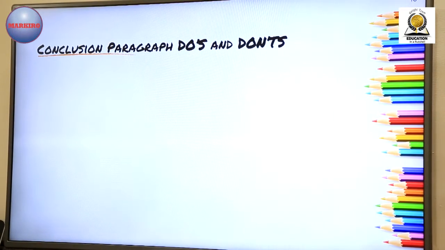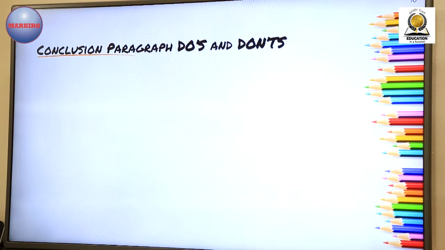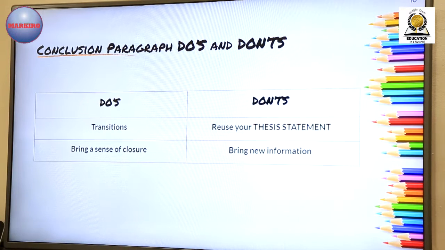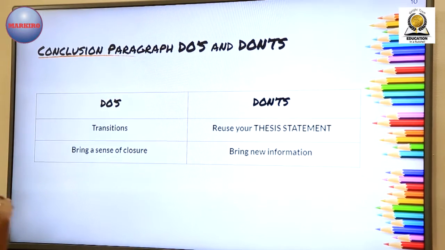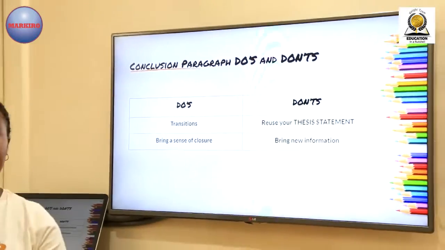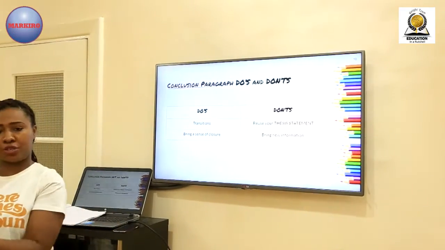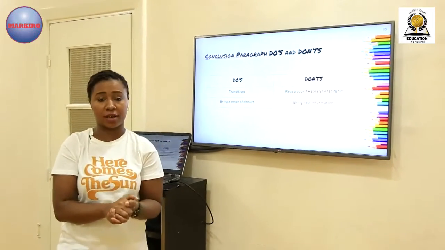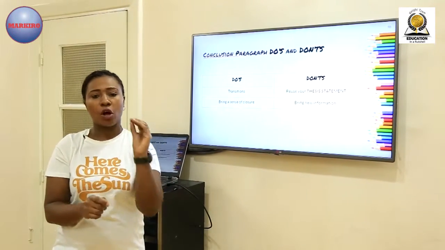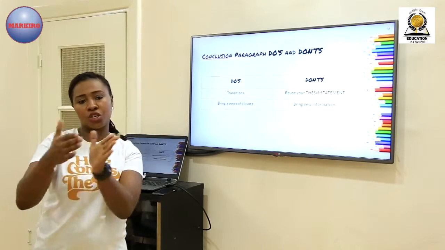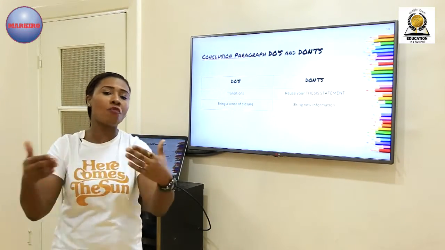I'll end my session today with the conclusion paragraph, do's and definitely don'ts. First, do use transitions. Your reader will have an idea that you are finishing your paper. They will treat the last paragraph as the conclusion. However, you can use transition words to carry the readers to the end of your writing. But just be careful not to use transition words and phrases that have been overused by others,